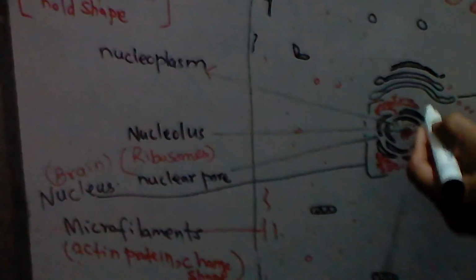Today our topic is animal cell. Animal cell has various organelles and these organelles are performing their specific functions in the animal cell. We'll start with the nucleus. Nucleus is the central